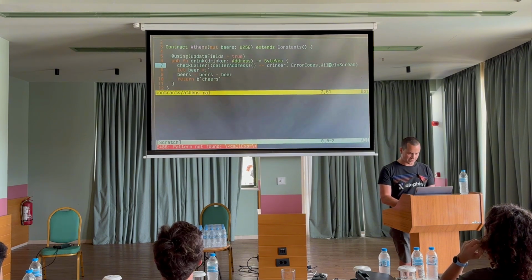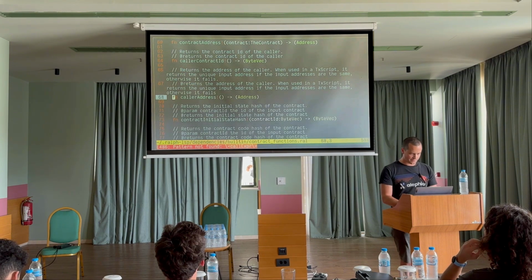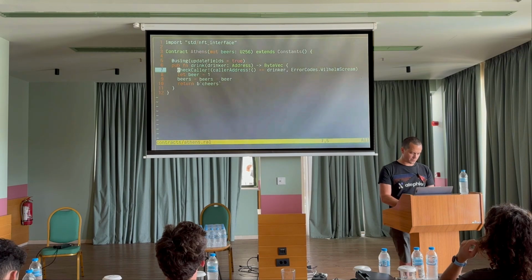So let's go back here. Jump to definition is quite common, but what we added here is that we can also jump to the definition of the built-in function. For example, let me close this. If I want to jump to the caller address, it will show you the argument, the return type, as well as some explanation of the function. Same for any